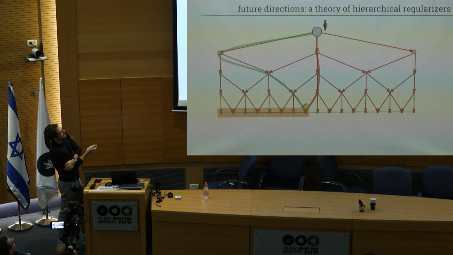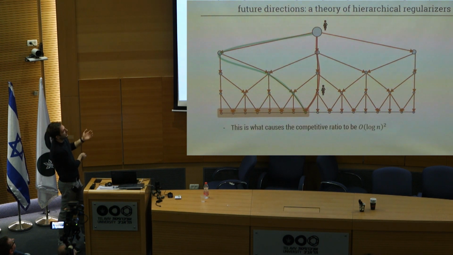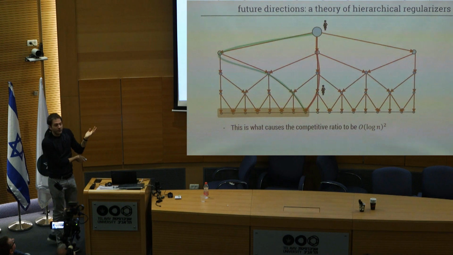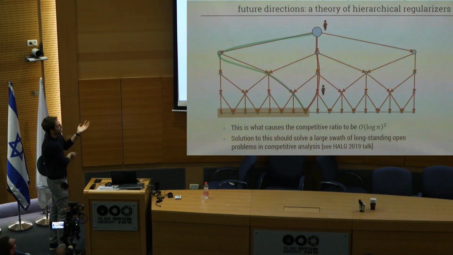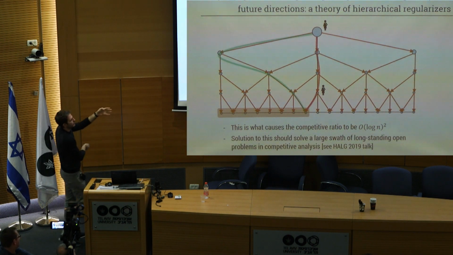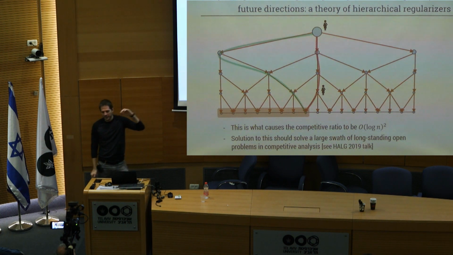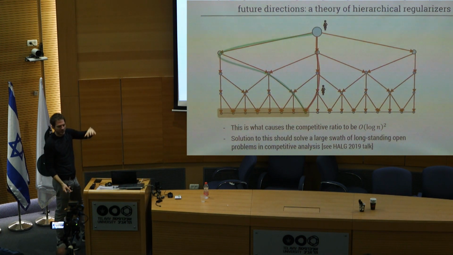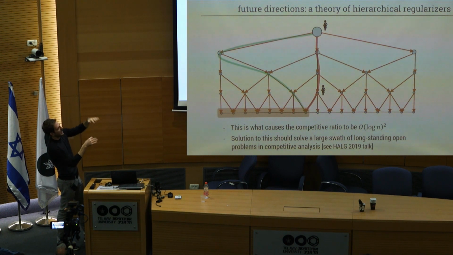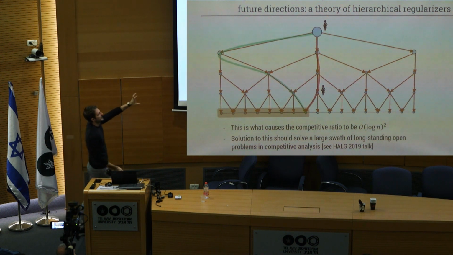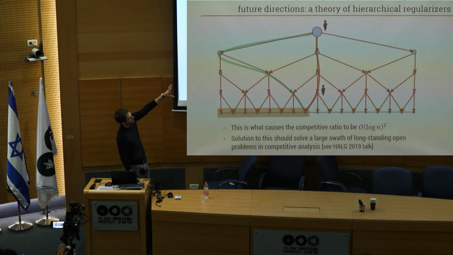So this is an instance that makes the algorithm not log n competitive, but instead log n squared competitive. I don't know how to solve it. If I did, I would be telling you about a better result. But I like this problem because if you wanted to analyze, for instance, what's going on in deep networks, where you have this give and take, high-level features influence low-level features and vice versa,